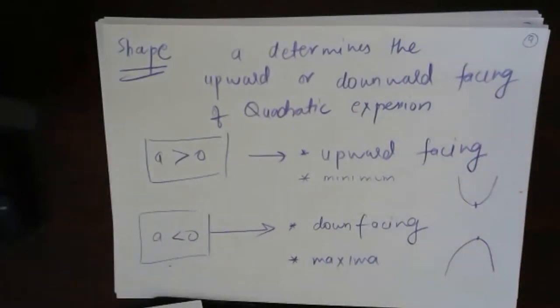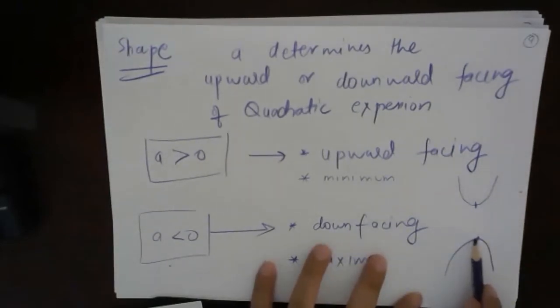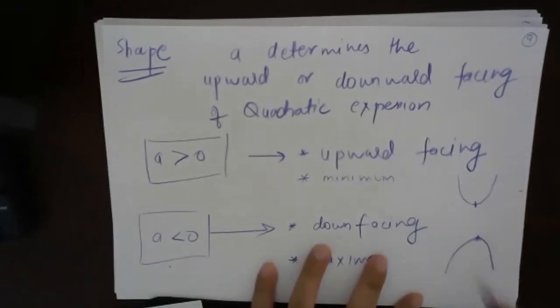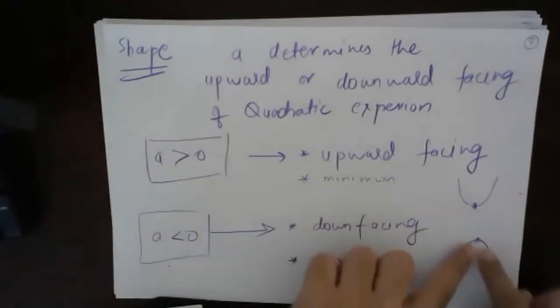What is the meaning of maximum? That it will have a maximum value. See, here all the values are lower, this is the highest point. What is the meaning of minimum? Minimum is lowest. This is the lowest point. Now lowest point does not necessarily mean that it is 0. It can be anything. It can be -1, it can be -2. Sometimes lowest value can be 2 also. It does not matter. So the lowest point is this, the maximum point is this.